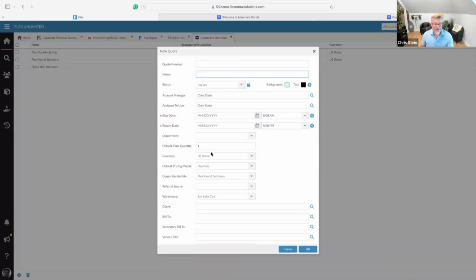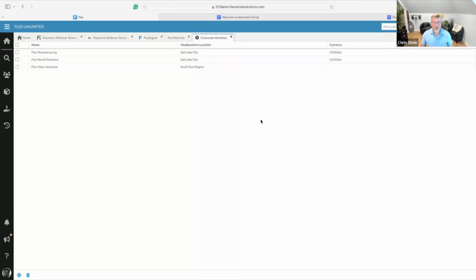And so in this quote, are you doing this under brand A or brand B? And then that would change the company name and the logo associated with that. So that question actually brings up two questions. Yes, we will support multiple merchants, but this is the first time we're announcing this, but we are actually right